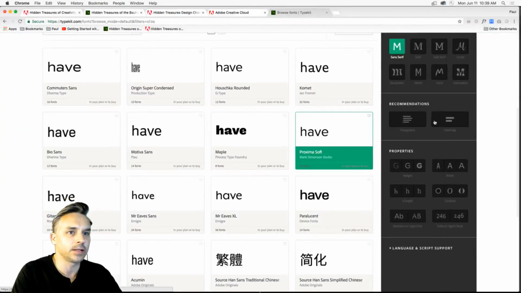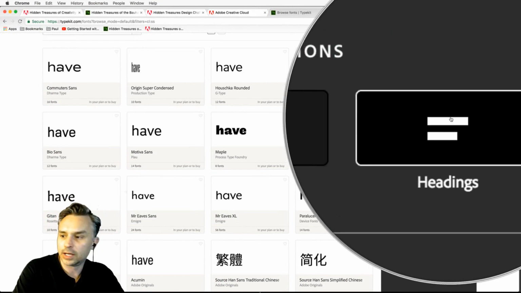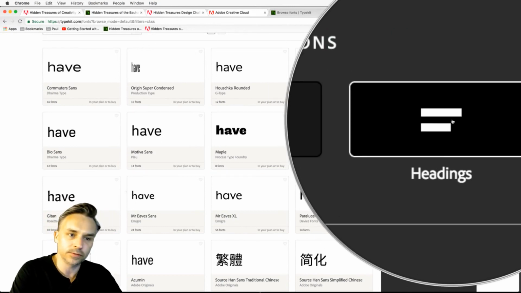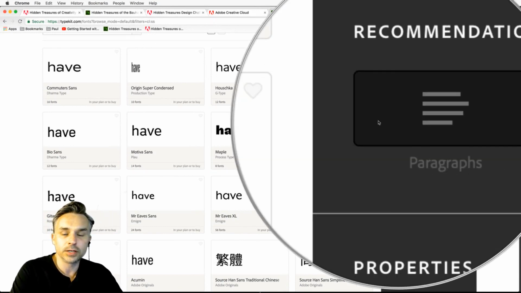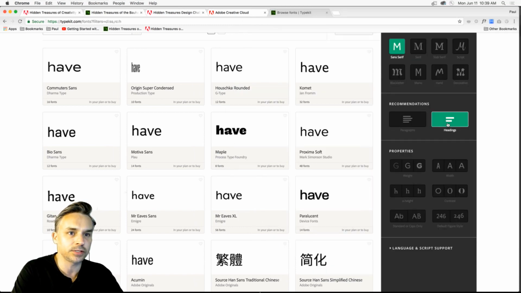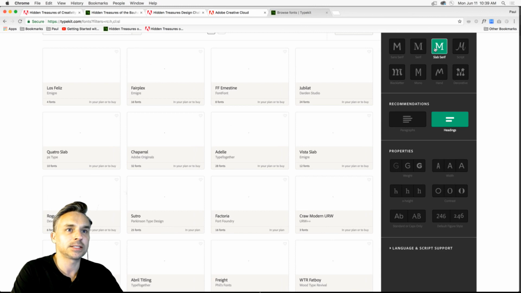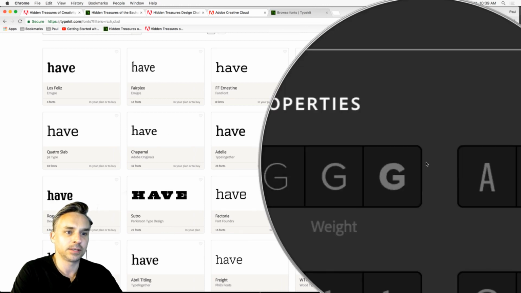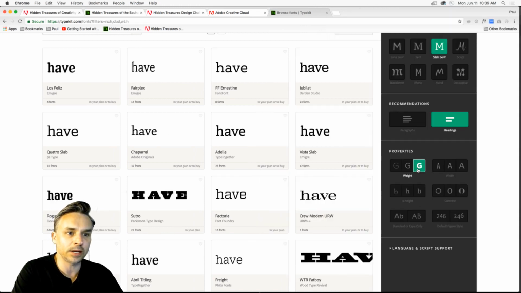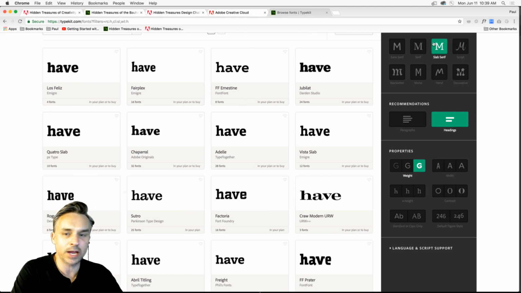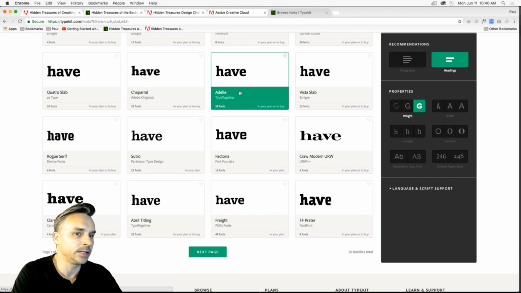But check this out. Right down here in Typekit, they have these two. So if you're looking at pairing fonts, think about, you can say, hey, show me the heading fonts versus showing me the paragraph fonts. So I can show me the heading slab serif fonts, right? And for this font, let's make it a really fat font, the weight, make it heavy. But this is like having a type expert in your back pocket. So this is what I can do. Slab serif, heading, extra thick, and then I end up with these options right in here.